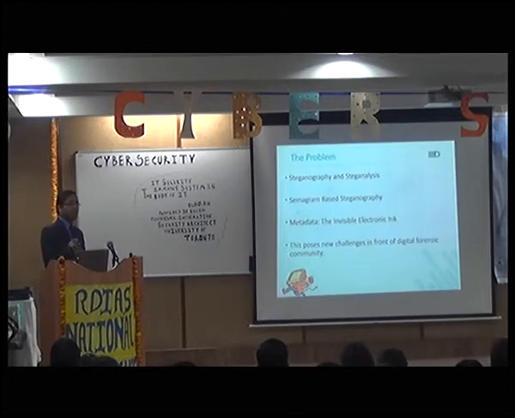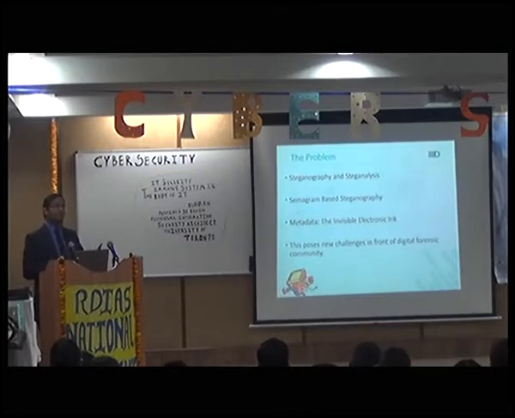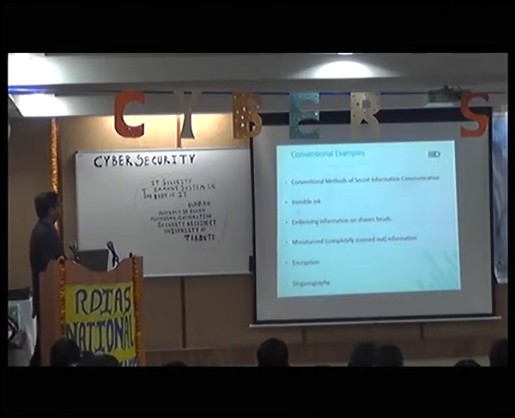Earlier people used to write with lemon juice or onion juice, put it under heat, and you can see things, basically some kind of invisible ink. Today what people do is they use metadata information. There is data in the file, but there is something within the file, which is the metadata of the file, which carries the secret message. So all this is the modern day invisible ink.